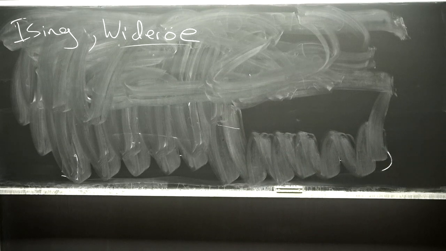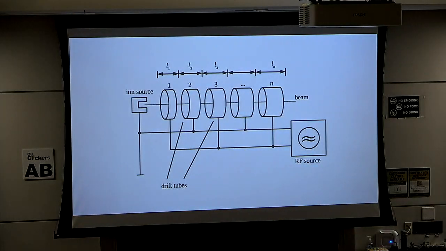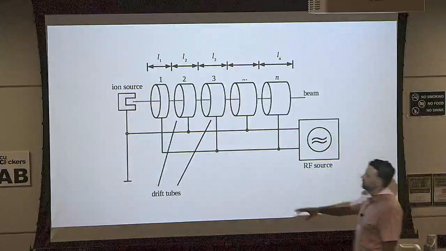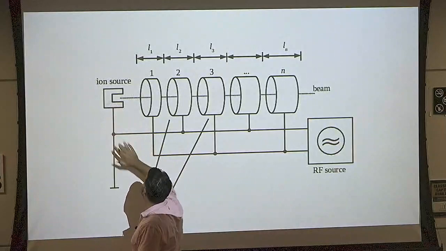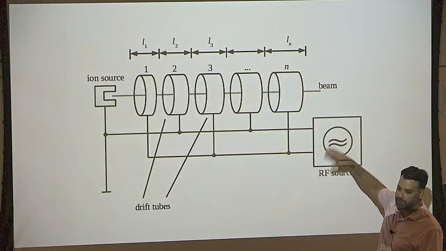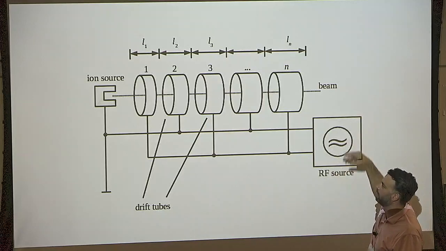So the clever idea, and I'll give the picture rather than drawing this one, is essentially we're going to use drift tubes. We're going to use some conducting surface to act as a Faraday cage. So we'll have some source of charged particles we want to accelerate. We'll couple these conducting surfaces to some RF power source, which is going plus and minus all the time.